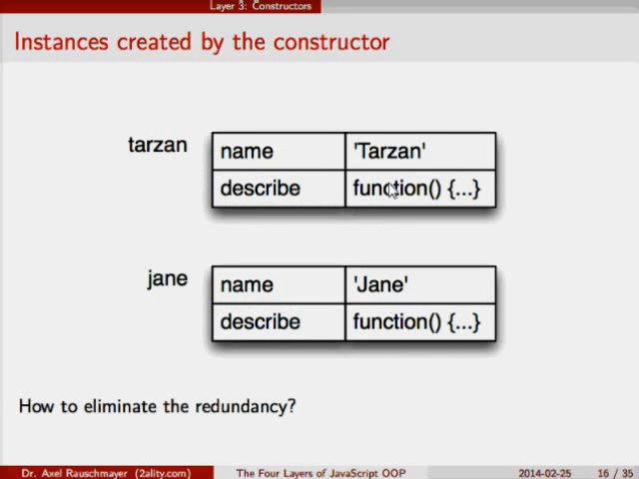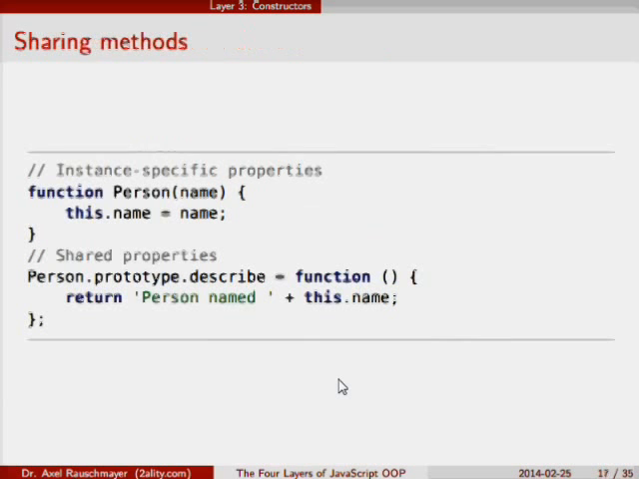The instances we are creating via that constructor therefore look like this. Jane had the two properties name and describe inside the instance object, inside the very first object in a prototype chain, as we'll see in a second. And the same thing with Tarzan. It has two properties. And again, we have a redundancy that we would like to eliminate. And constructors allow us to do that too. And you do so